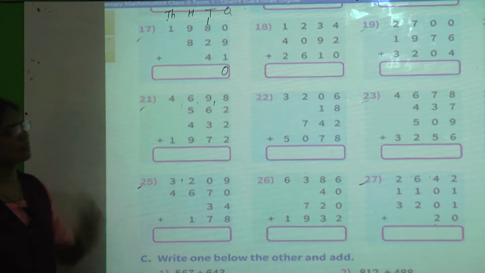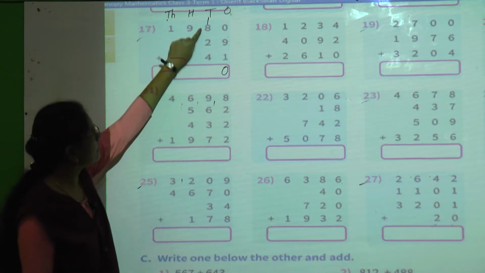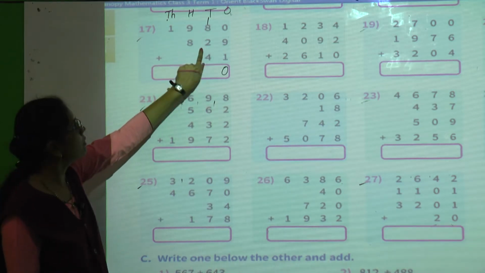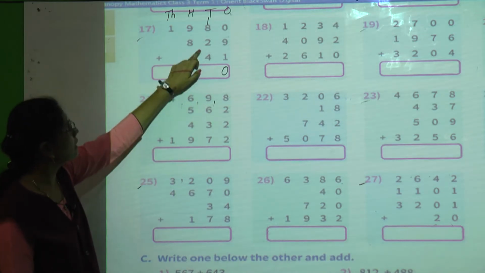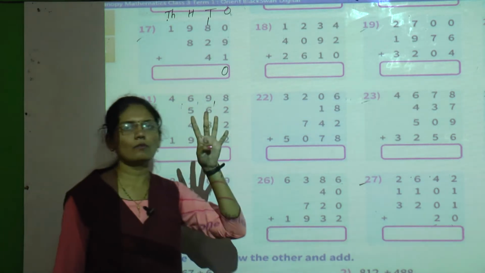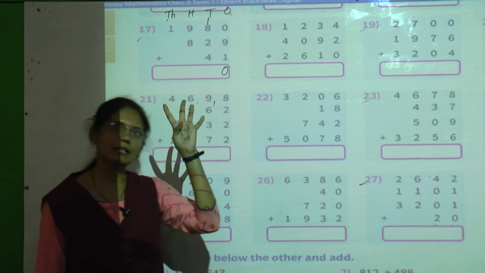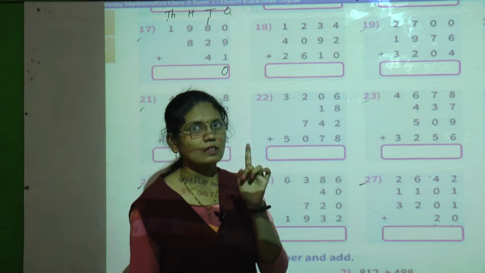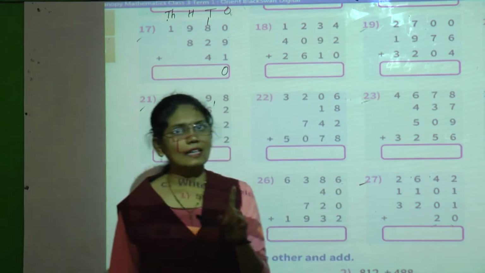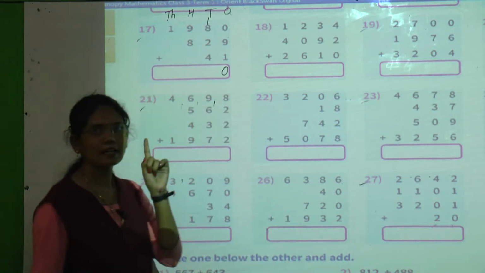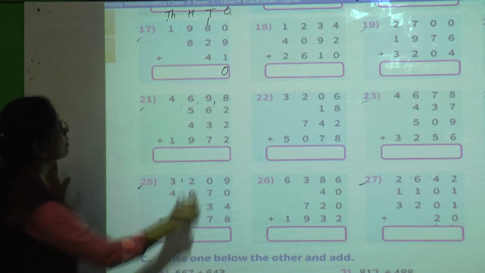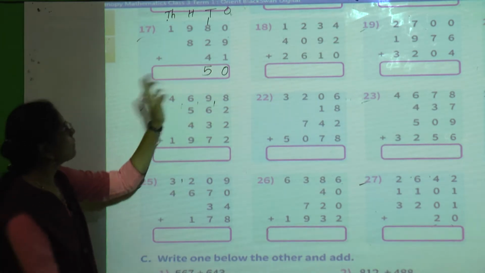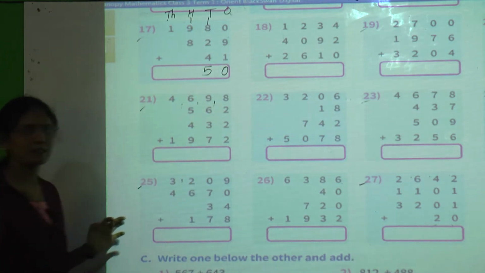Now see the tens place numbers. Here at tens place 1 plus 8, do the addition. 1 plus 8, 9. 9 plus 2, 10, 11, and 11 plus 4. After 11 count your 4 fingers: 12, 13, 14, 15. So 15 tens. 15 tens means what? Yes, 15 tens means 5 tens and 1 hundred. So we will write 5 at tens place, and 1 we will give as a carry to the hundreds place.